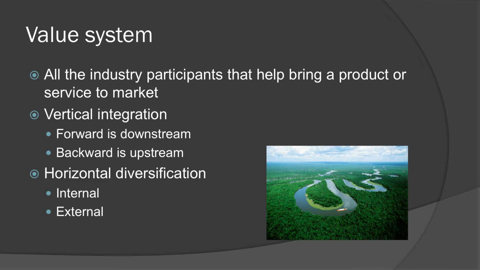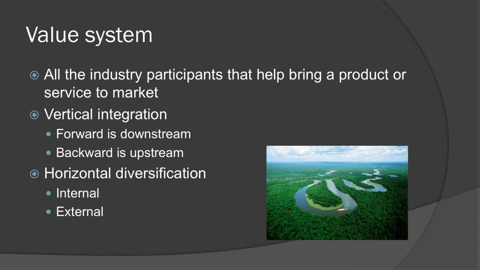Okay, make a note. However you make a note, type your note, write it down. Value system is for the industry. We're going to learn an internal analysis framework that is called the value chain, but that's internal, and it's very easy to mix these two up. So remember, value system is for the industry. Think of an ecosystem, it's big, and then the value chain is internal to a firm.